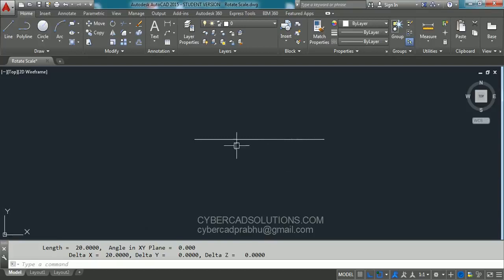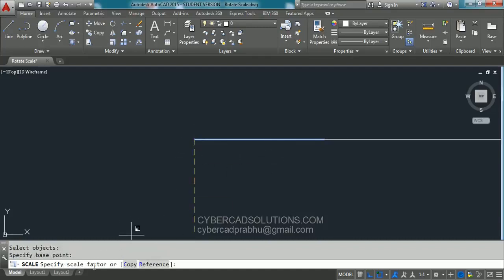Now to make this half, presently it is 20 units. To bring it down again to 10, we have to scale this to half times. So again SC at command prompt, select this line, press enter. When it asks base point, click over here. It is asking scale factor.